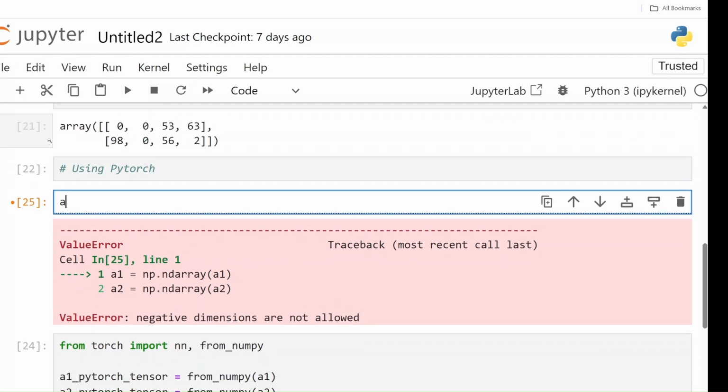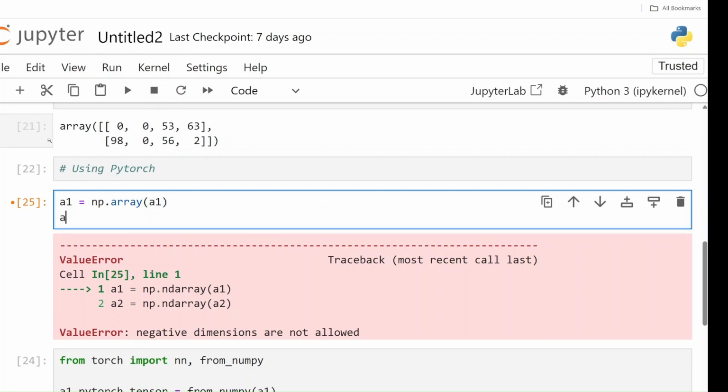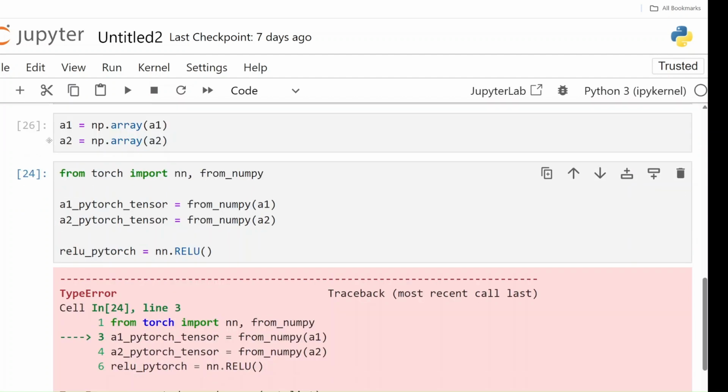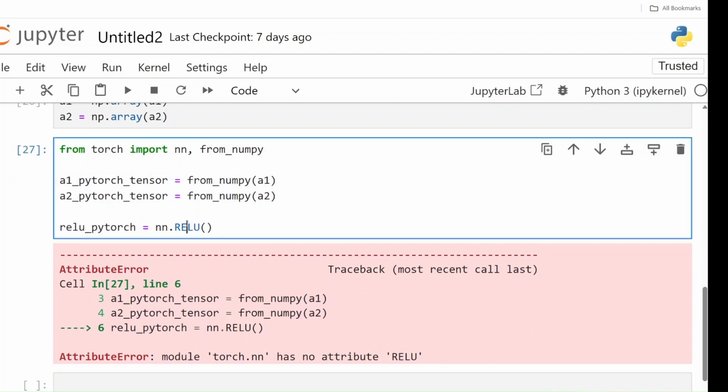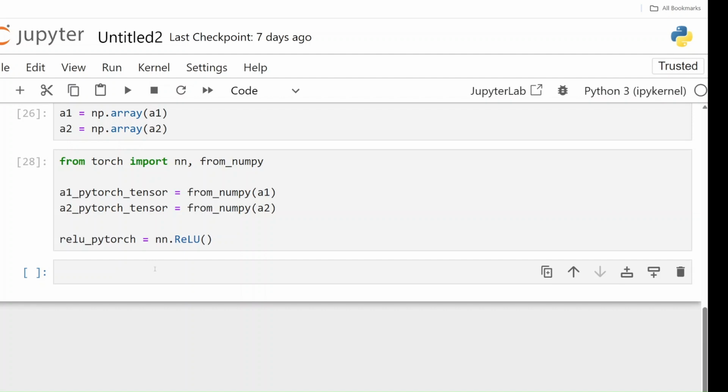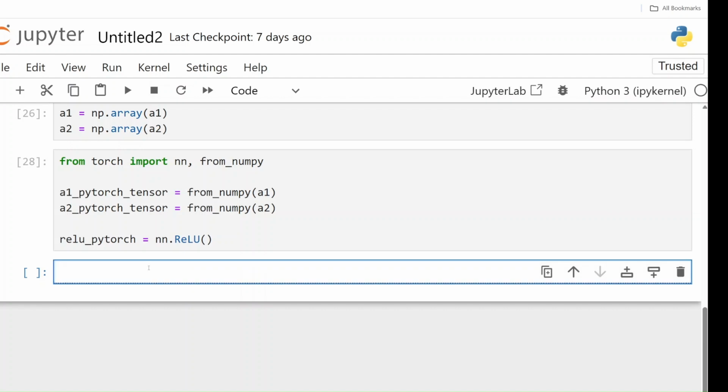So A1, I'm just going to write it as np.array(A1), and A2 is equal to np.array(A2). And now I'm going to run this and it should work fine. I have misspelled this over here, so let's do it now. Now we have created the ReLU function using PyTorch, and now we can easily use this relu_pytorch.